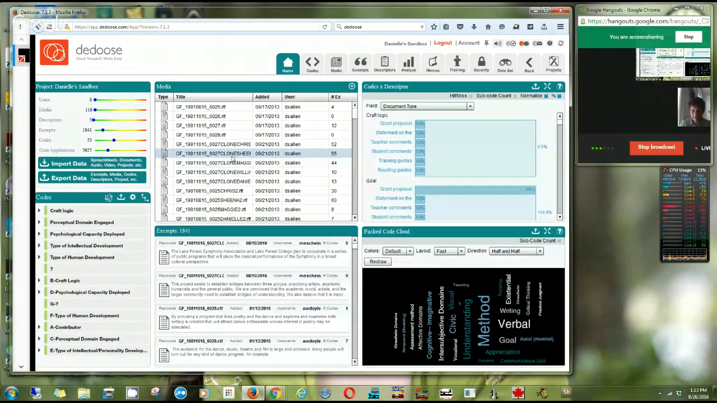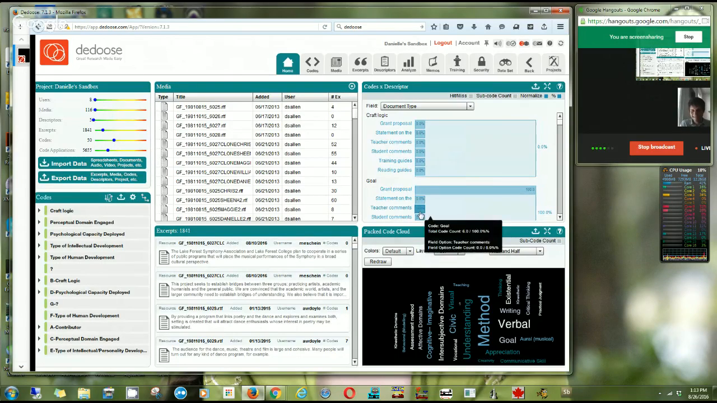A box you do not need to worry about is this one, codes by descriptors. You also don't need to worry about the one below it, the code cloud. That's fun for analysis, and actually, in your case, at some point, you probably will need to worry about that, but not right now. That's phase 2. So your excerpts are right directly under your media,